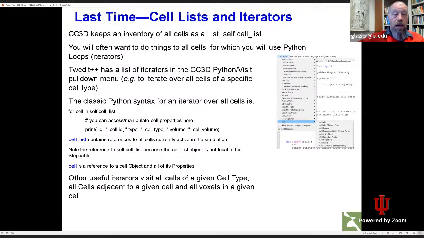Something that we're going to do a lot, and you've already done it in your homeworks, is iterating over things. Classic iterator that we'll use again and again is over all the cells in the simulation. Those are kept in an object called self.cell_list. You also have the option of iterating over all cells of a given type, all lattice pixels, all boundaries of a cell,